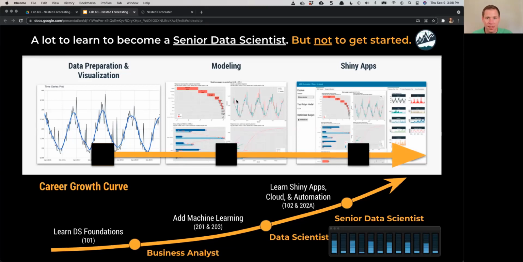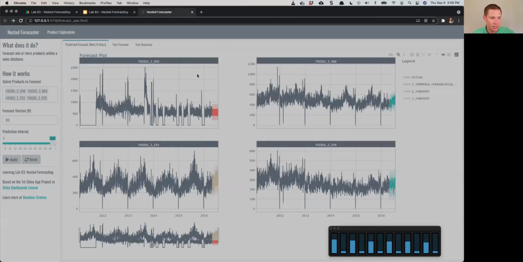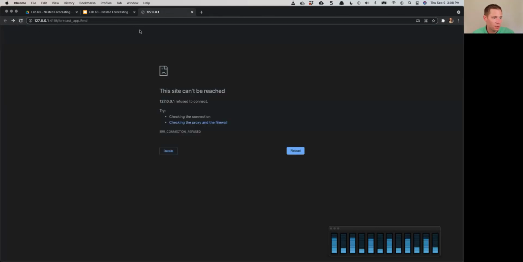So for example, if a customer is going to leave your company, how can you classify that person as a high risk category? Well, that's what you do with your machine learning and your modeling. And then the last piece, which is probably where your career is going to skyrocket the most, is when you start learning how to deploy apps and how to build applications that your company can utilize, and not just you giving somebody a report one-to-one, but you can actually put an app out there that people can learn from. So just like this nested forecaster, the nested forecasting app,